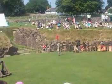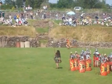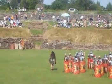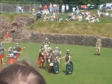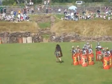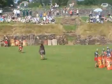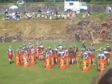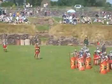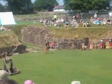To go on duty, garrison patrols, this man would carry the standard to show which unit the men are from. In this case, the Legion 2nd Augusta, which was in fact stationed in Caerleon. Otherwise, this man has a cloak over his shoulders and a long mail coat, and also carries a sword. Finally, from these types of officers, we have the imaginifer, and he carries an imago, an image of the emperor. In the days before mass media, television or photographs, they used to let the people of the provinces and